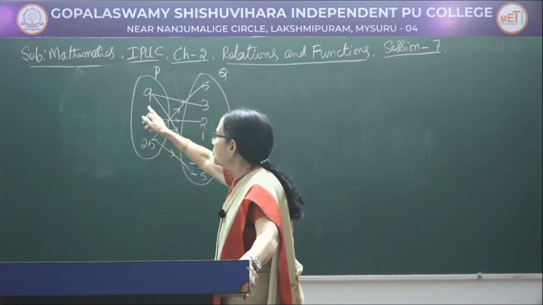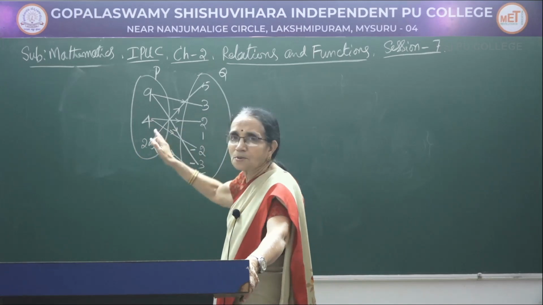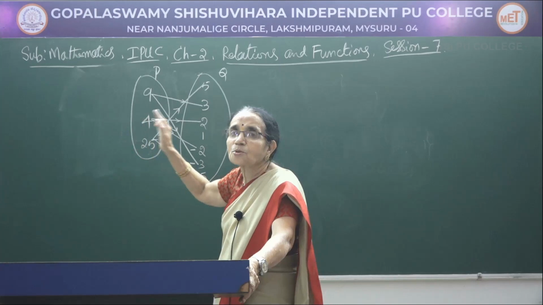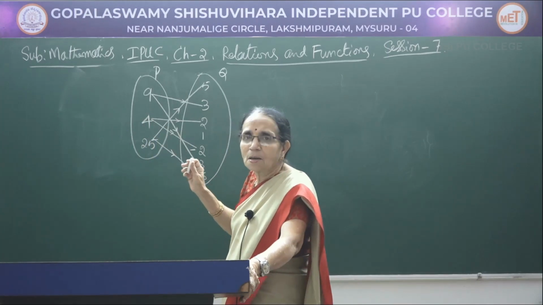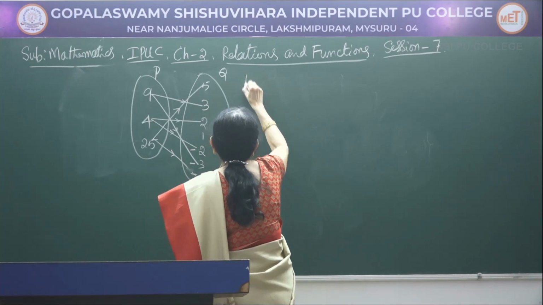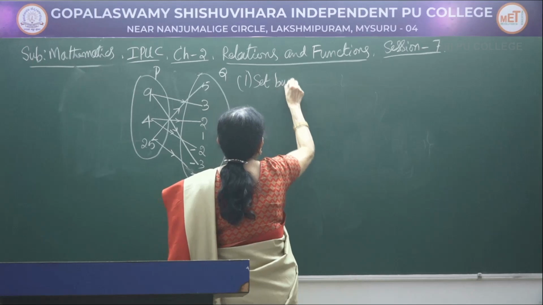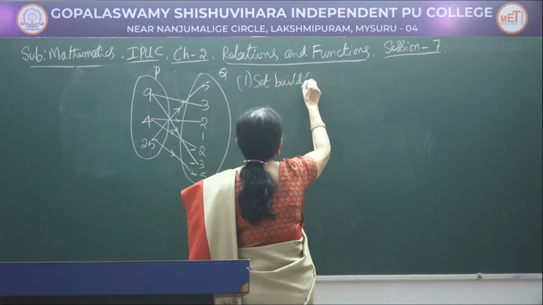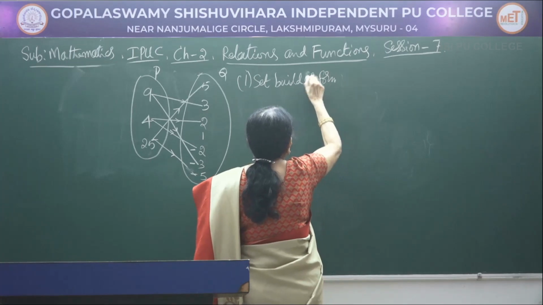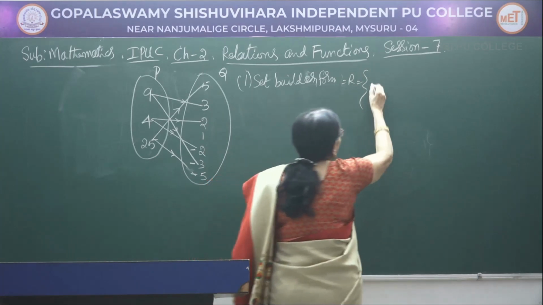You observe that the first element is the square of the second element, or if you take them as x and y, x is equal to y square, or x is the square of the second element. So we have to think, look at this and write. So, if you write it in the set builder form, the set builder form is R equal to, write the relation.